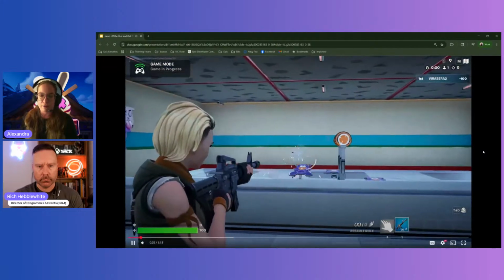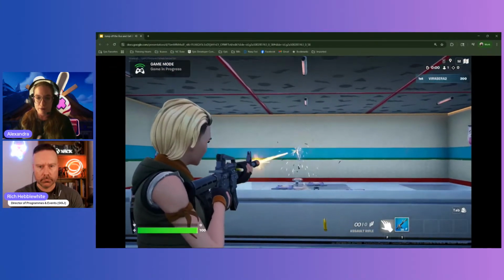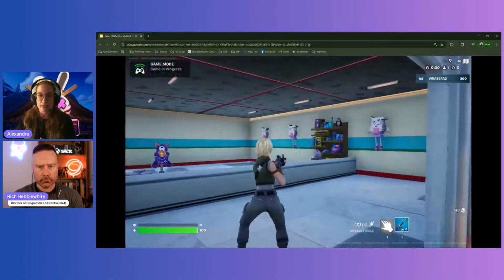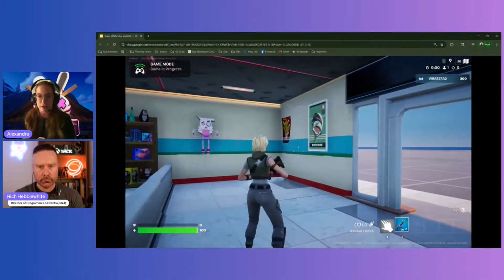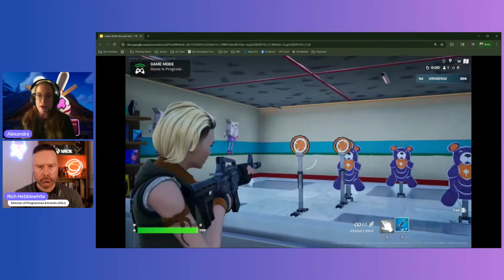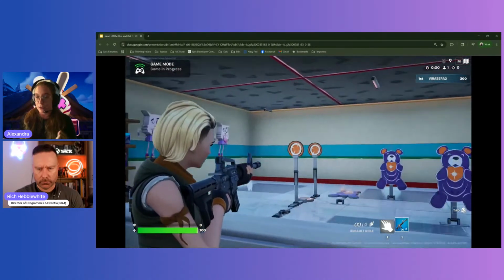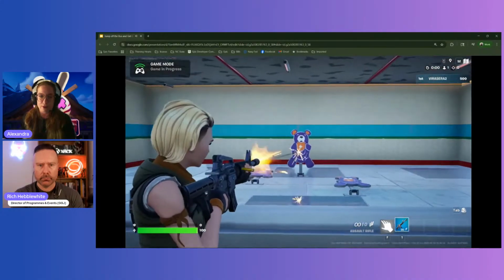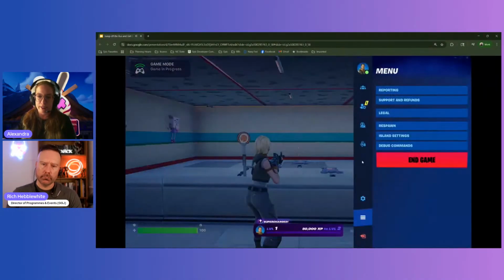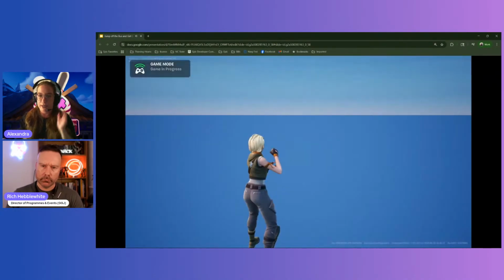And so this is the My First Island feature example template. You can see here, it's just a little carnival shooting game setup, very simple. This can be completed within an hour, give or take. So it's really simple, really easy to get going. You can see I'm going to end game here.